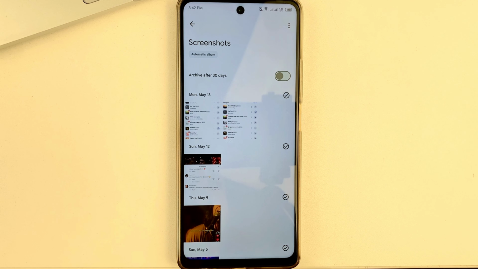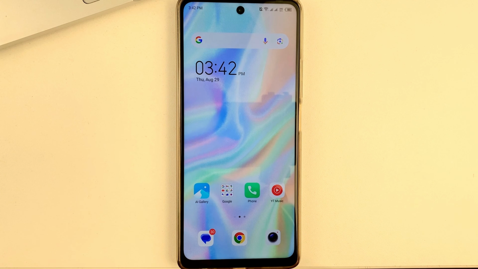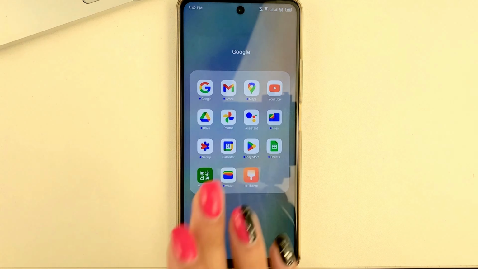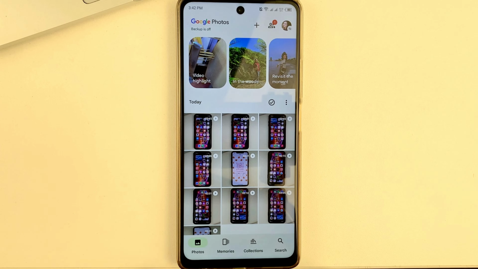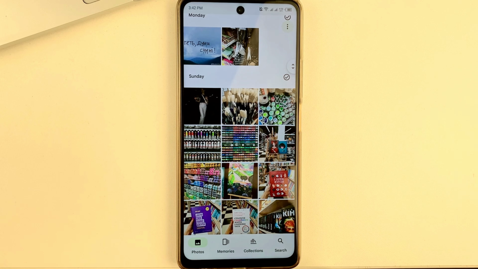So, dear friends, let's get to our topic. And I will show you the whole process from the beginning. So, first of all, I recommend you to make sure that you have downloaded a program or an application called Google Photo on your device. If you don't, then go to the Play Store, download this program, and then open it up. And you'll have your gallery photos synchronized between Google Photo and your gallery.